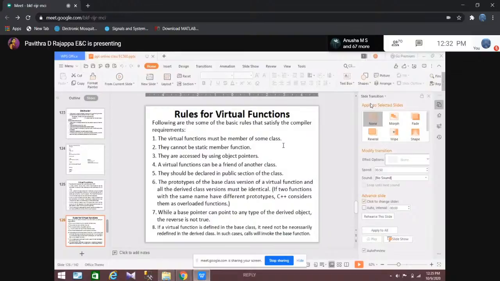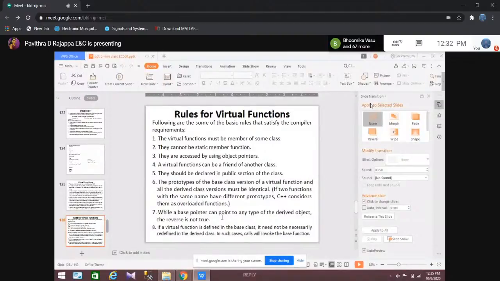While a base pointer can point to any type of derived object, the reverse is not true. That means when the pointer variable is created, we have to use that pointer variable to point to the base class and also the derived class. But a derived class pointer cannot be used for the base class in order to access the base class members.